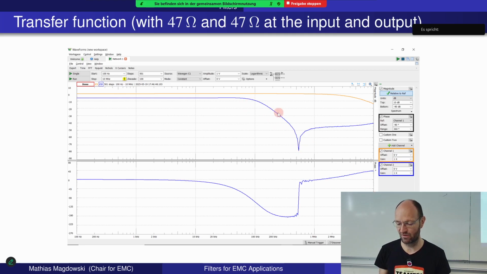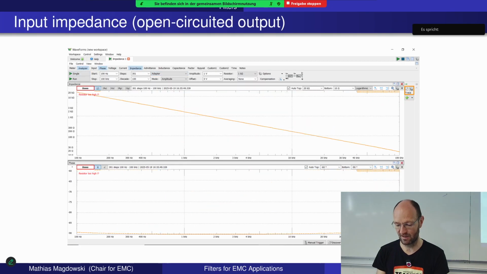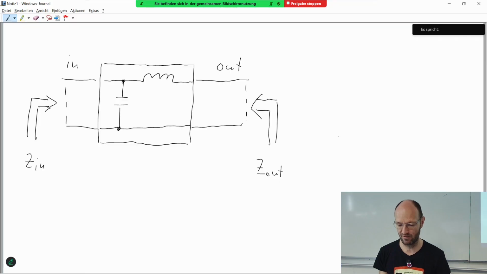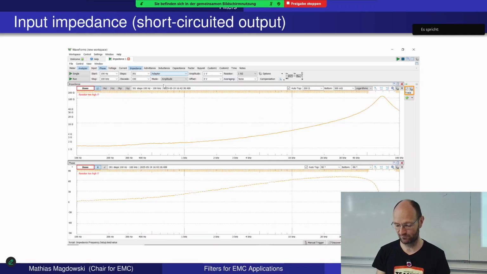increase. Transfer function should go down, but here we see another resonance at approximately 500 kilohertz, and then the behavior gets worse. And so as said, the idea is to find out what is inside the filter. So we already found out, okay, there must be some capacitor and there must be some inductor, but what values do we need for the capacitor and for the inductor to get a good fit between measurement and simulation? And for this I've prepared